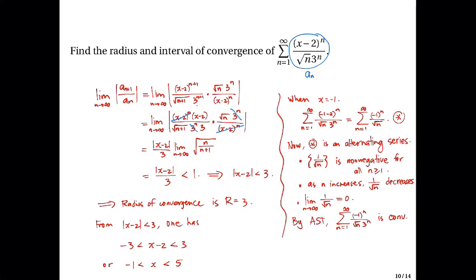Next, let's find whether this series is convergent at x equals 5. So when x equals 5, we'll get the series 5 minus 2 raised to n over square root of n, 3 to the n, as n runs from 1 to plus infinity. But this will be simplified into 1 over square root of n, from 1 up to infinity,